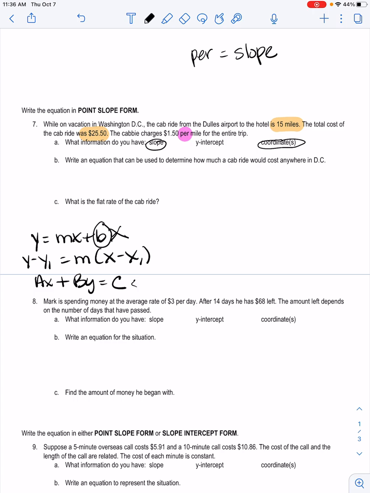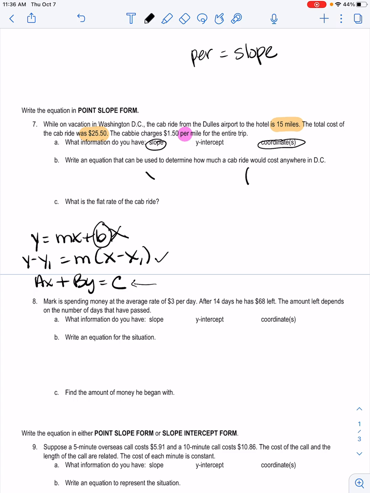And we're really not comparing categories of anything, and we don't have a total of any. We have a total cost, but we don't have a total of the two categories. So we're not going to use standard form. We're going to use our point slope form. So the equation then would be,